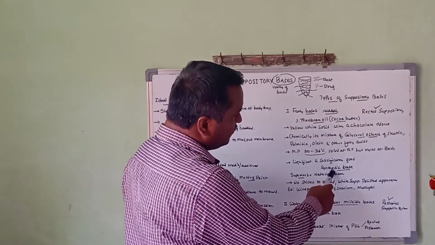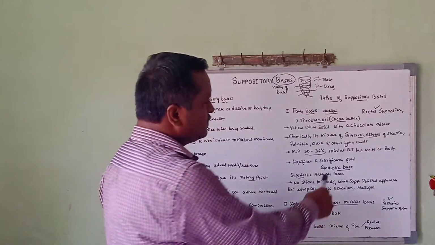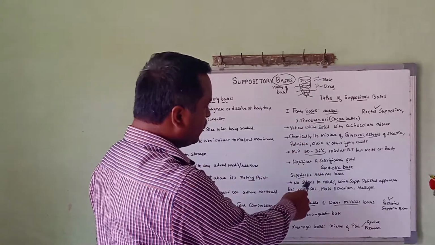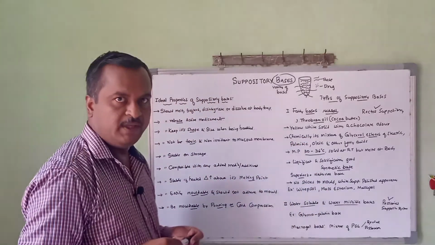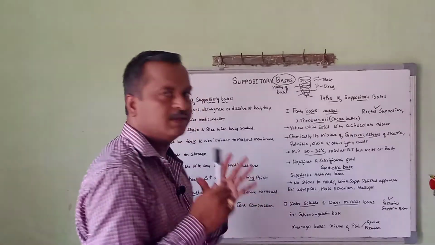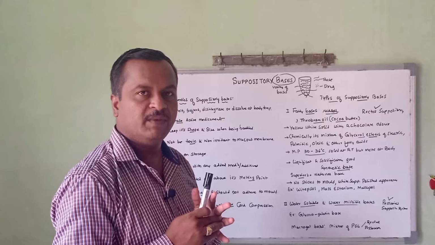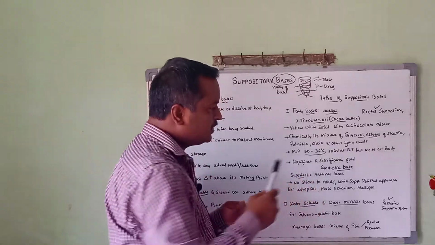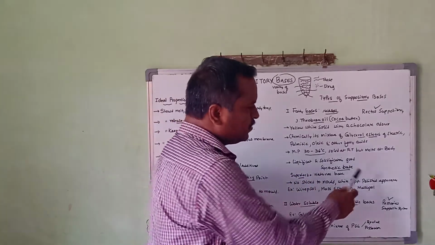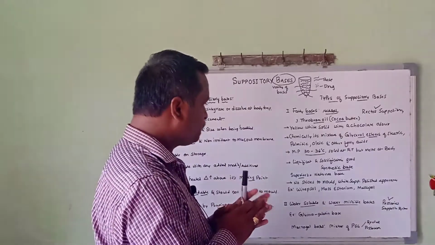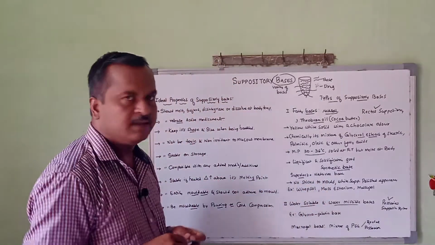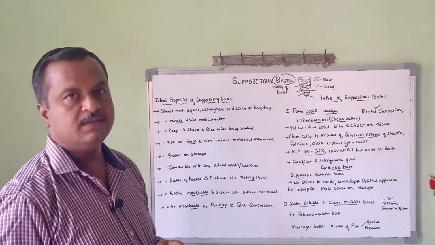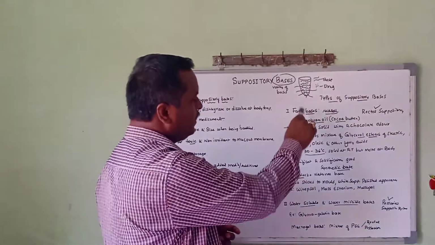And coming to the second type of bases which come under the fatty bases, the synthetic bases, and these synthetic bases are more superior to the natural sources. In what way is it superior? These synthetic bases do not stick to the mold which is used for making the suppository, and they are available as a white suppository and a very polished appearance will be there. The examples which come under the synthetic bases are Witepsol, Massa Estarinum, Massupol. These are the examples which come under the synthetic bases, which come under the fatty bases.